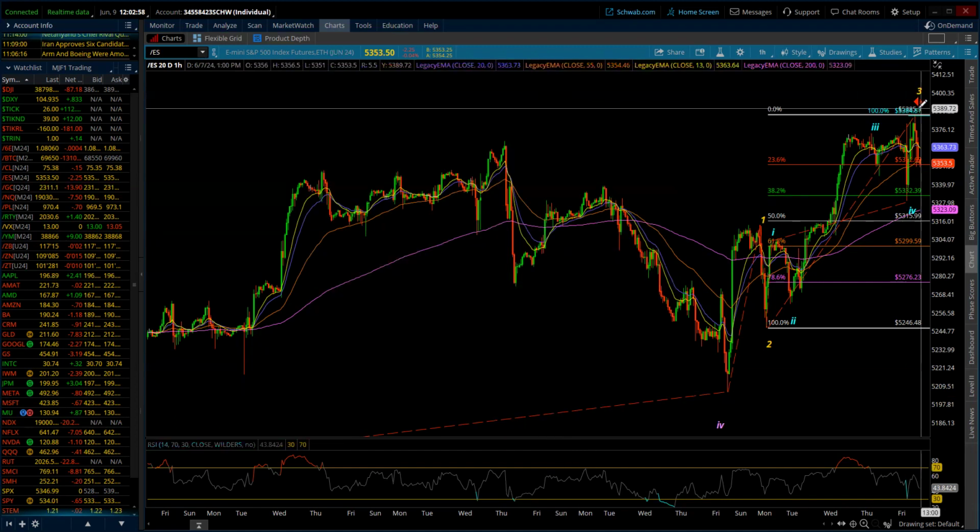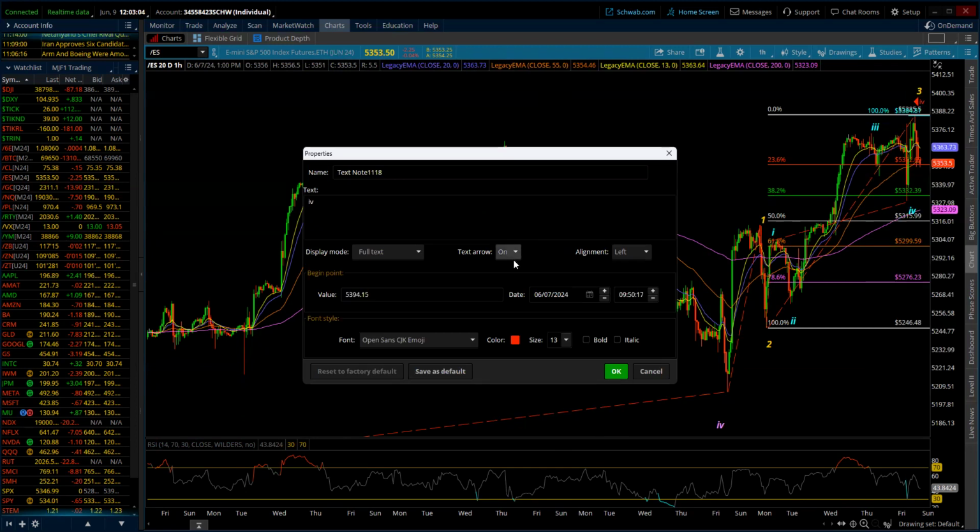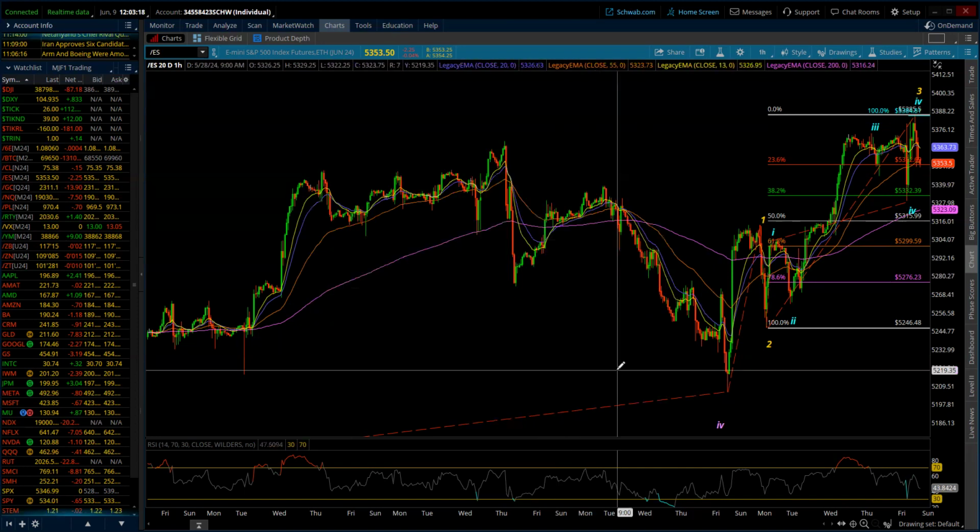Now, just to fill in those blanks, we have the minor 4, then a minor 5th wave up, and then that completes intermediate wave 3. And then we have an intermediate 4th wave down, and then we have an intermediate 5th wave up. So we got a lot more to do, actually. I say quite a bit more to do. Downside would be limited, upside should continue to reach new highs, so at least 2 of those higher degrees.